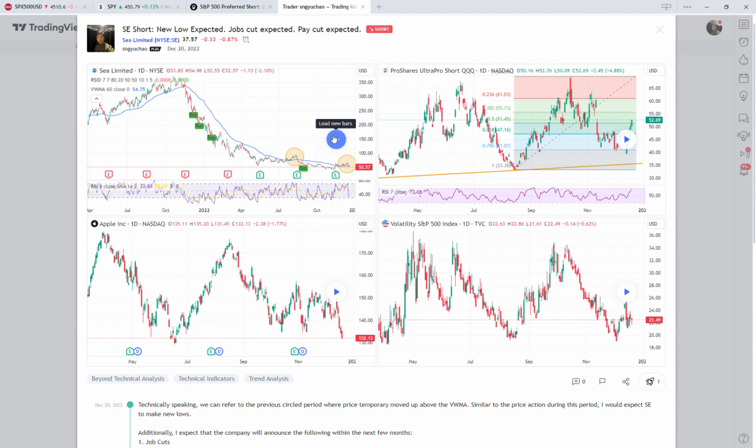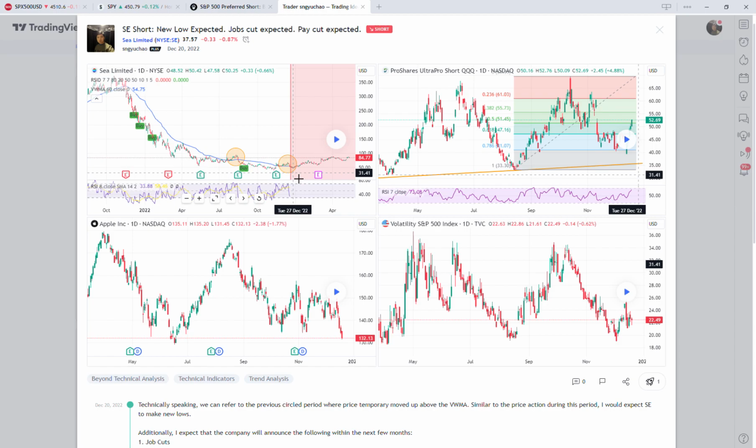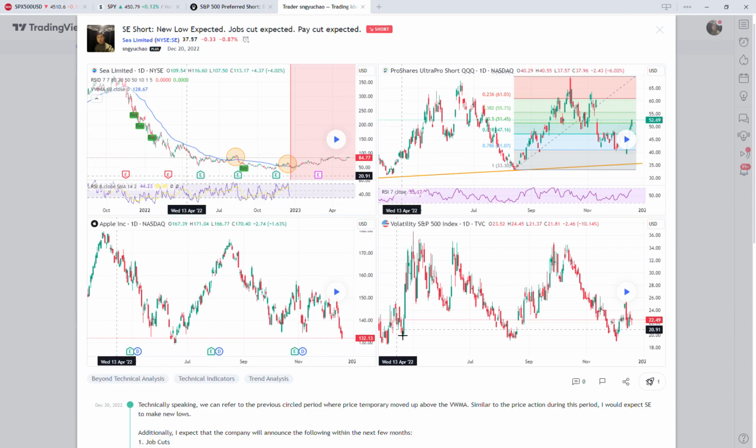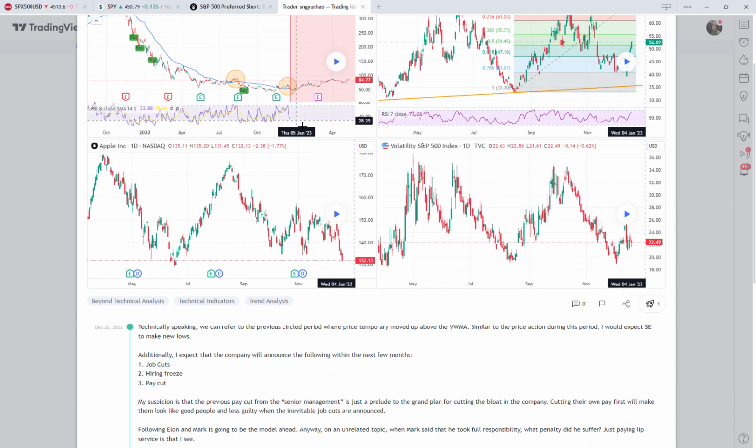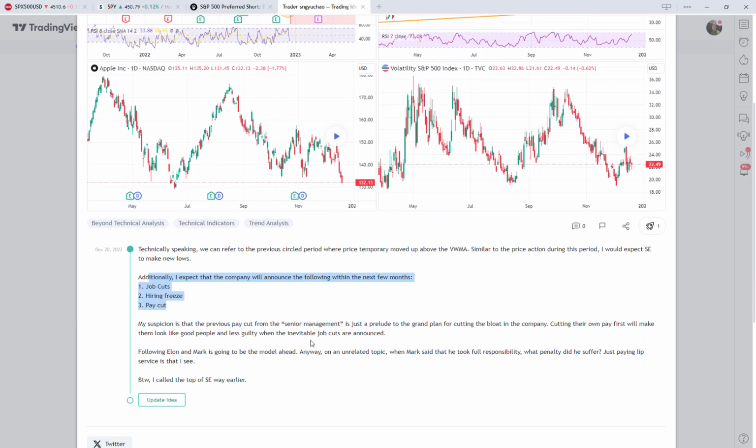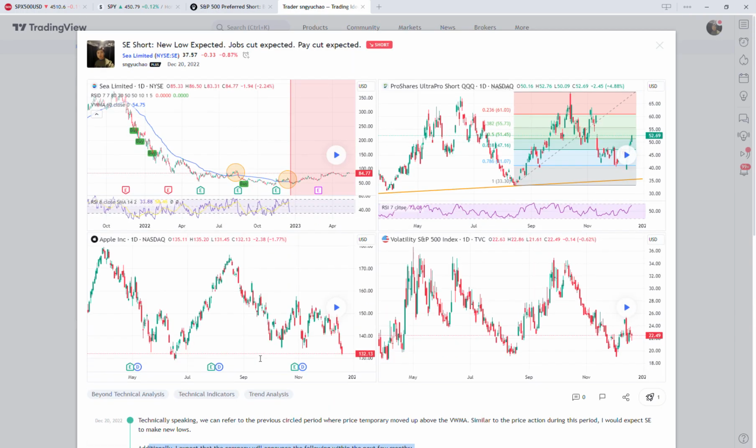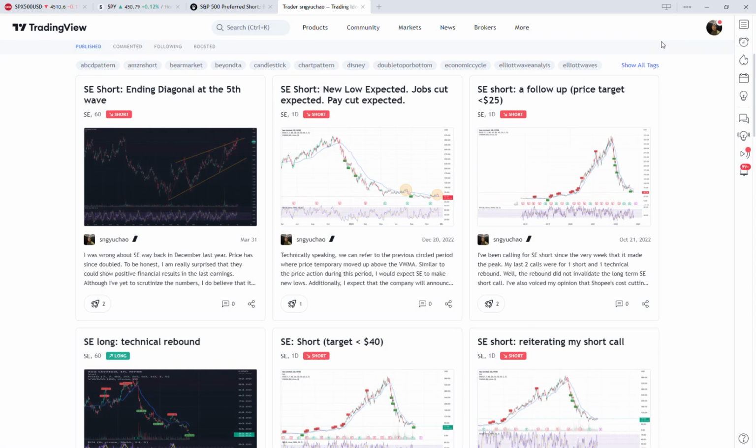So let's take a look at this one. So it's 52.57. You know what, this is year end already. So this is actually also a wrong call, because this is actually heavily biased. If you look at my analysis, there's nothing about technical analysis. That's all the things that I kind of know about the company. Hearsay.